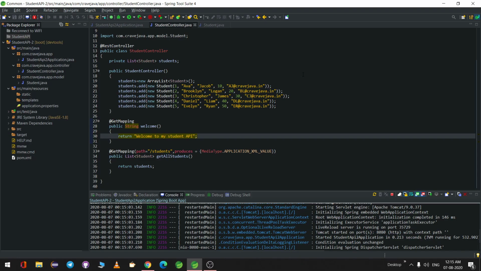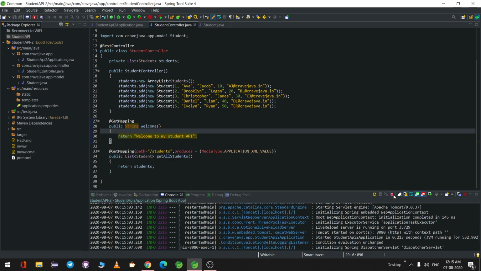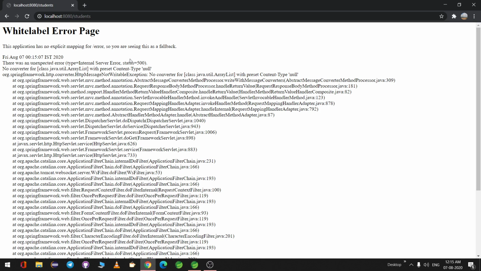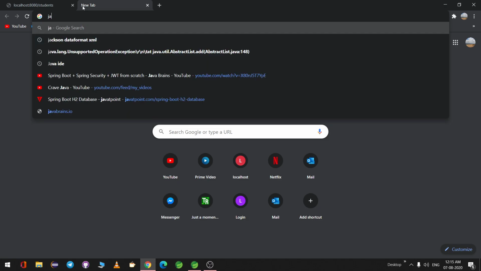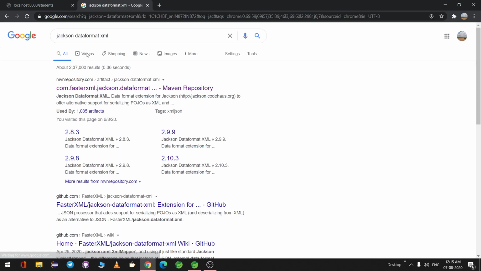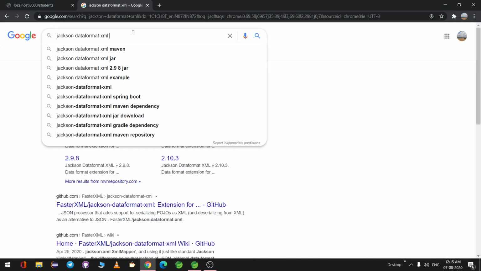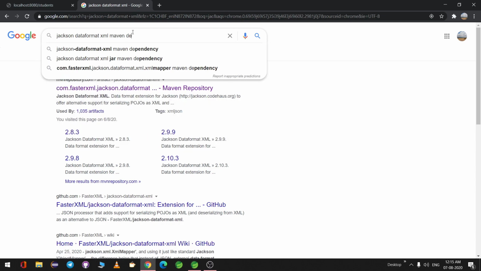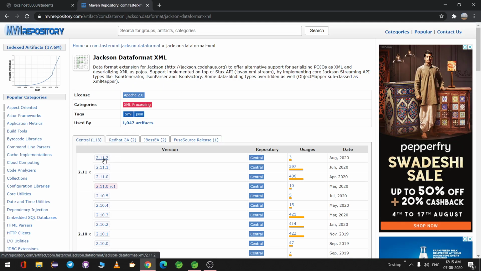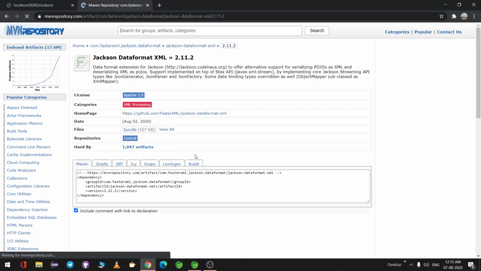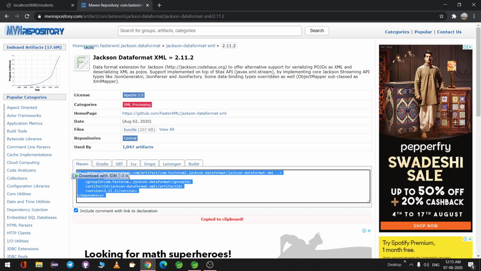So basically, to convert it into XML format, you need one more dependency. That is Jackson data format XML. So what we'll do, we'll go to Google and type in Jackson data format XML Maven dependency. Okay, let's type in this. We'll go to the Jackson data format Maven repository. I'll choose the latest version. I'll just copy this